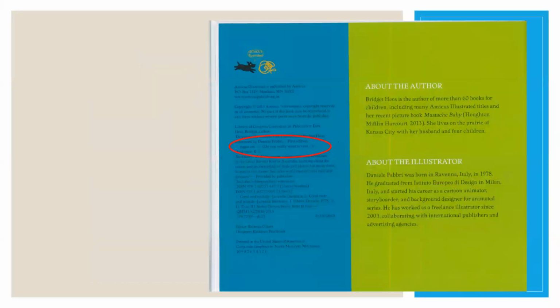So in this case, I'm going to look at the CIP, and that's what this illustration is. It's a little bit hard to read, but I've got circled in the CIP, it says, do you really want to visit ... And we really shouldn't necessarily use CIP information to base your decision on, because the CIP information is a preliminary look at the contents of the book prior to publication. But with all the other information that we've gathered from the front of the book, the back of the book, and now this, I think the cataloger decided, yes, this was meant to be a series, so I'm going to make a series authority record for this, an SAR.